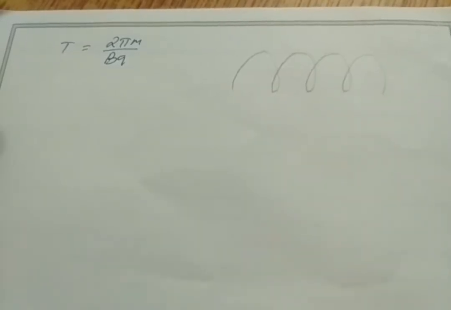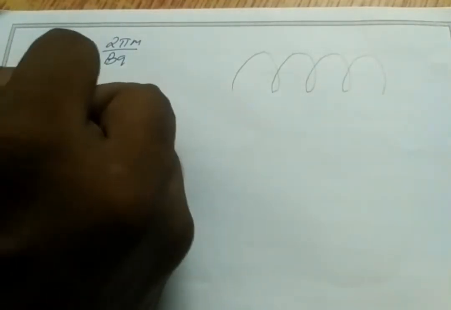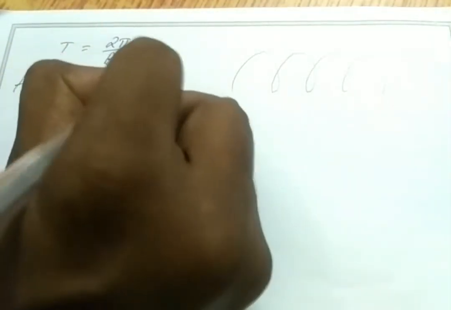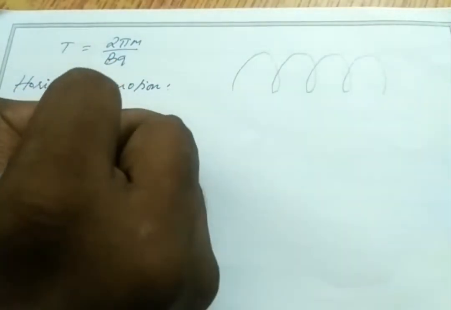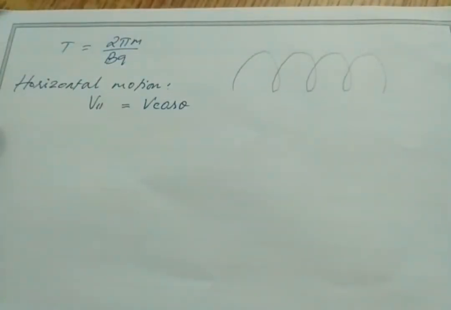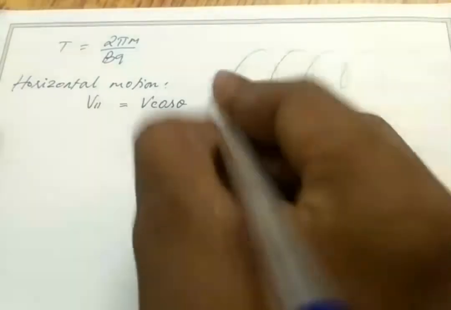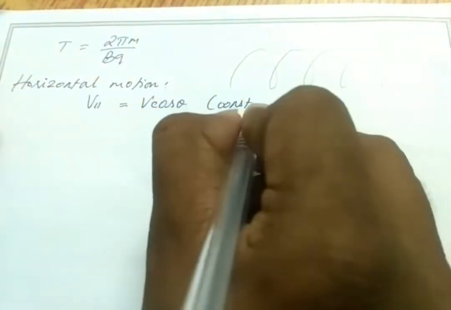In horizontal motion we have V parallel equal to V cos theta. It moves with a constant value, because it is the parallel component. So the parallel component experiences no force, zero magnetic force. If there is no force, then it will move with constant velocity until we give some external force. An object continues to be in its constant motion according to Newton's first law. So it moves with a constant velocity. So this velocity is constant.